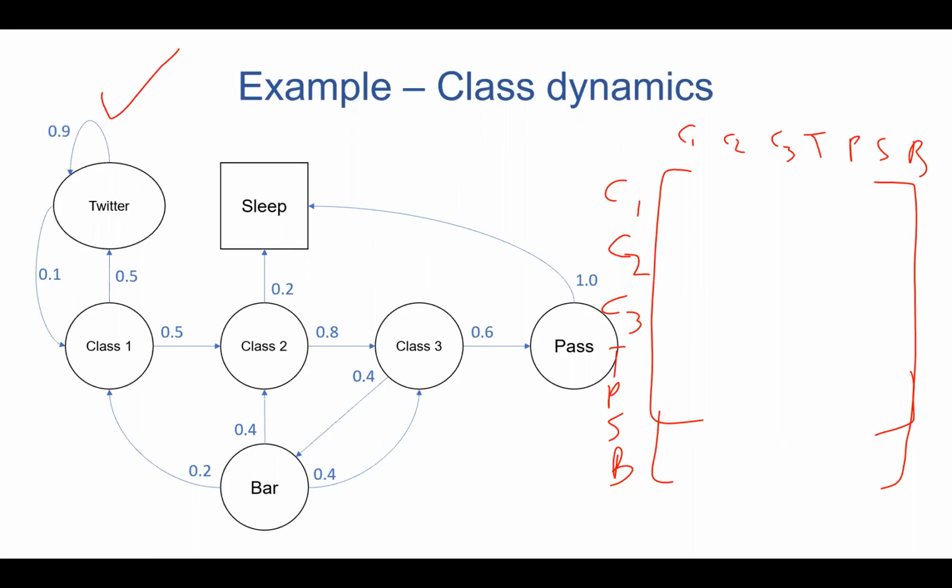There is a 50% chance that you might pass and go to class 2, and there's a 50% chance that you just start using Twitter. That's based on the experience and knowledge that we might have. If you don't like class 1 enough, then there is a very high probability that you might continue using your social media in the class, and a lower chance that you might get back to the class. In certain classes, you might fall asleep too.